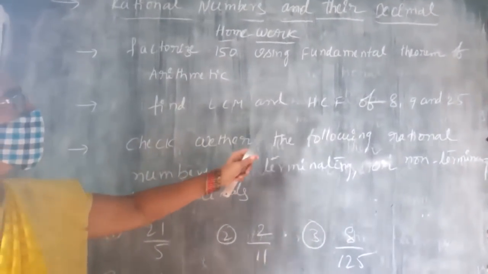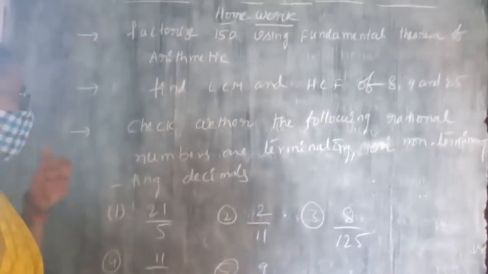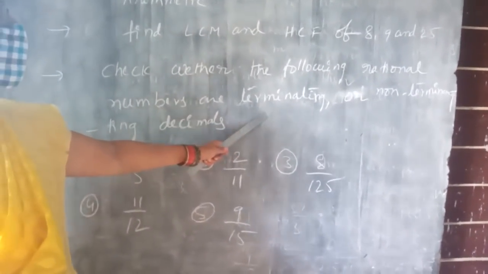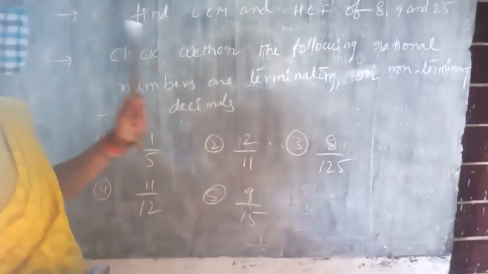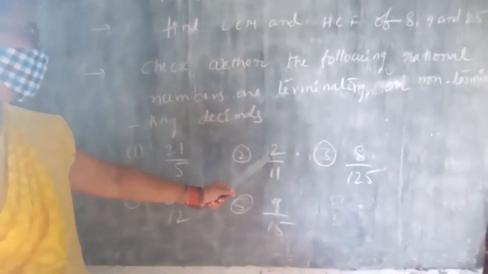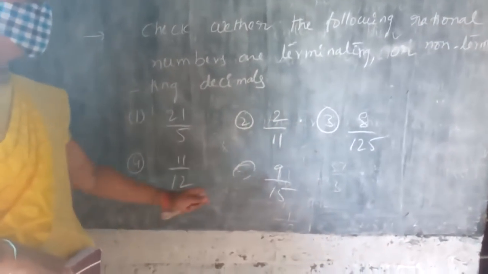Find LCM and HCF of 8, 9 and 25. Check whether the following rational numbers are terminating or non-terminating decimals. Okay, 21/5, 2/11, 8/125, 11/12,